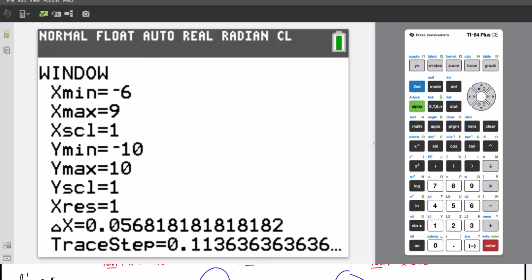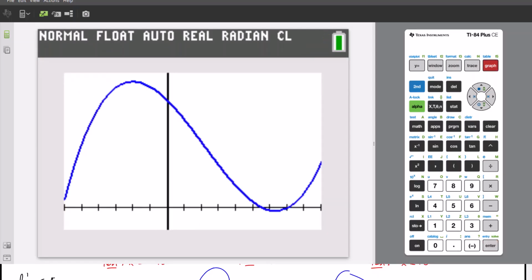And for the y minimum, it looks like they're going from about negative 50 maybe, all the way to about 300. Maybe it's 350, but who cares? I'll just go with 300, and if it's wrong, I'll just come back and modify the window. Anyway, if I click graph, you can see the full cubic, and we are interested in finding if the answers